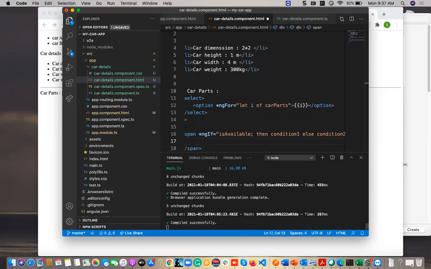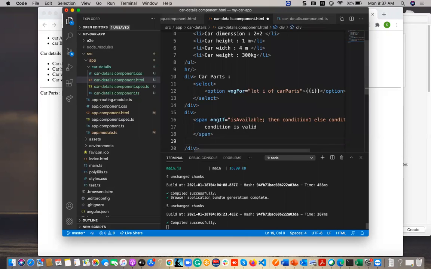So this is my span. And here I am going to first display like condition is valid or something, and I am going to give here ng-template.